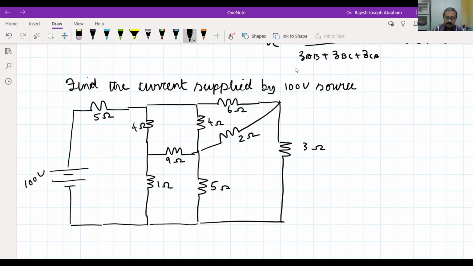Now, can you tell me something about this given network? Are there any series or parallel elements? No, they are not there. So that means we have to go for star transformation, either star to delta or delta to star. So what we can do is first convert this into an equivalent star. Now this branch will leave.